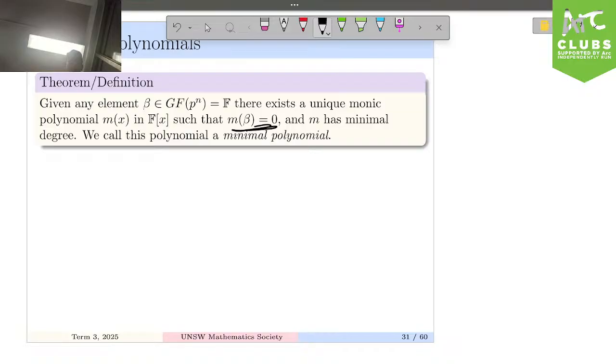So what is a minimal polynomial? It's a polynomial with respect to some element of the field that is irreducible and of minimal degree. Okay? And it has a root of beta. So I say, okay, here's my element of the field, beta. I say beta, and then somebody will say, here's a polynomial. It's monic, it's got minimal degree, it can't be broken up, and it has beta as a root. Okay.